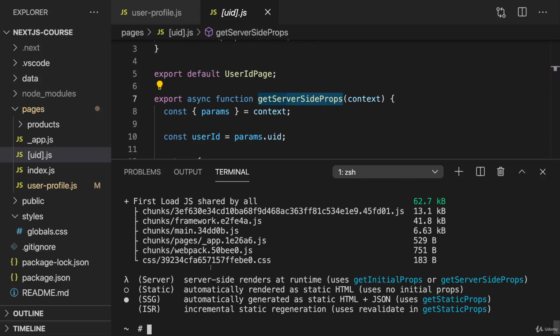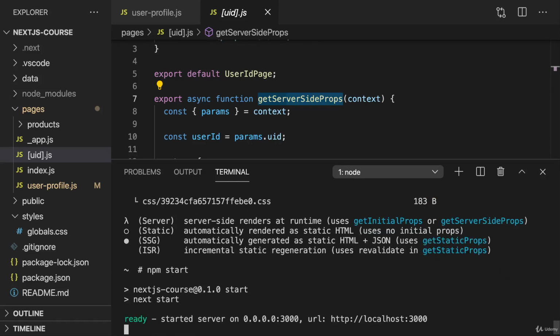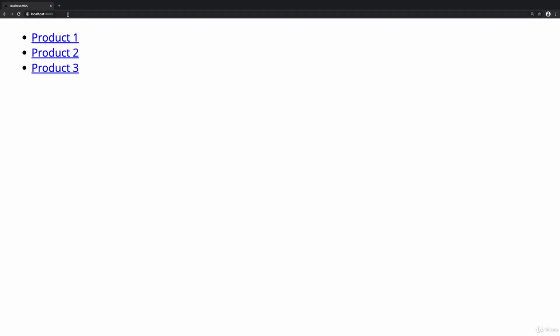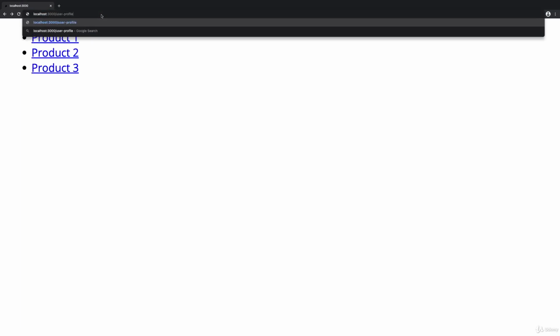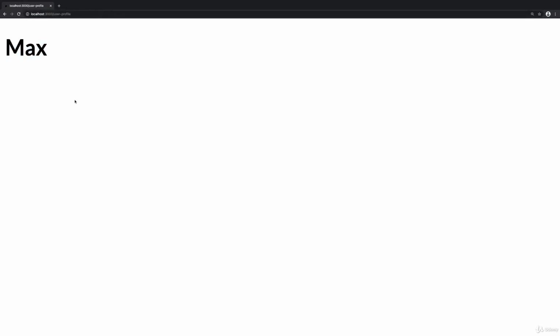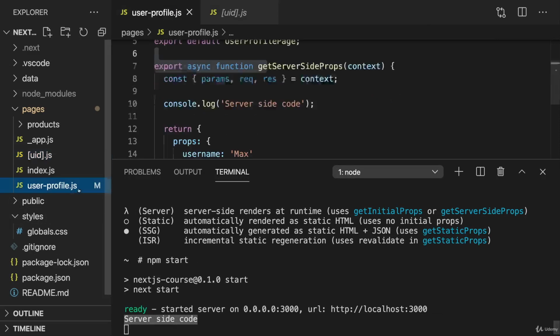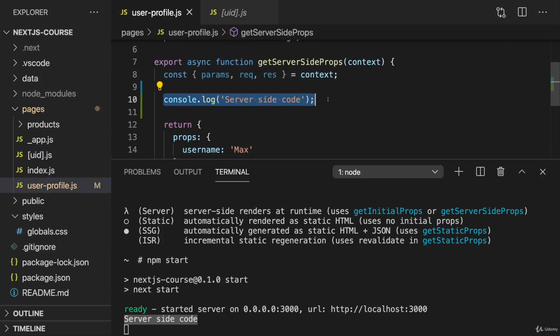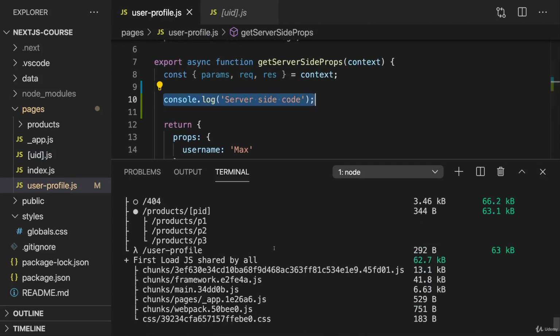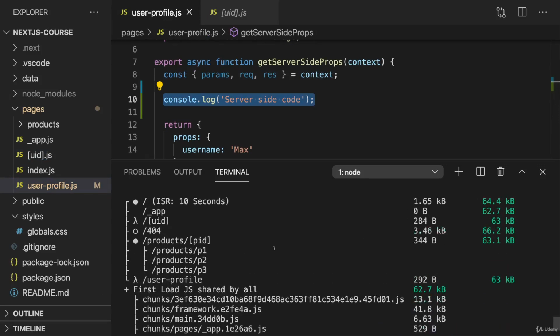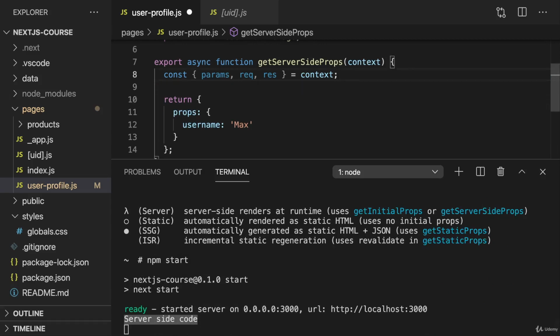So now with that, if we again start our server with npm start here, if we load localhost 3000, we're on this page here. But if I now visit the user-profile page here, and we see Max, if we go back to that terminal where I started this production server with npm start, we see server-side code being logged here. So this output here. We see that log here, and that proves that this code now executed, but as shown before, that this page was not pre-generated. With that, I'm going to get rid of that console log statement,